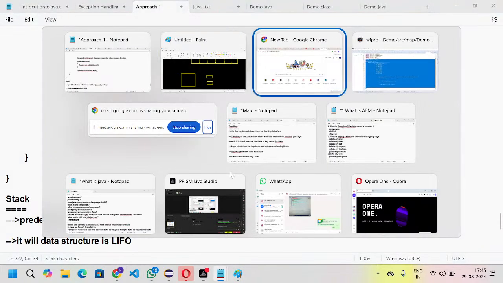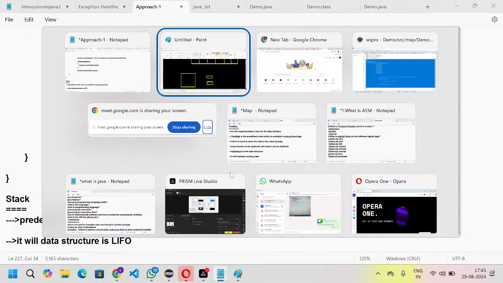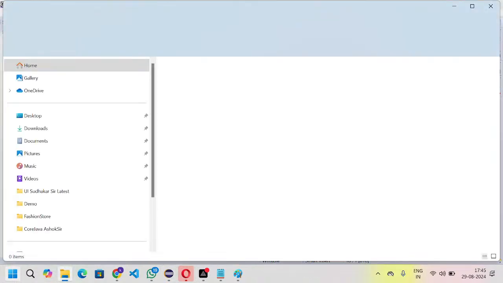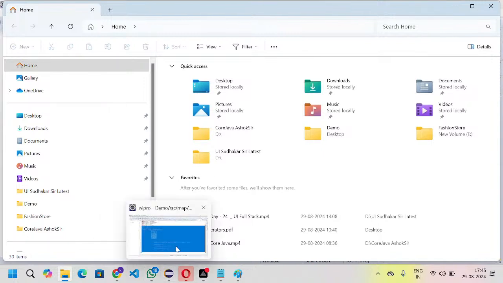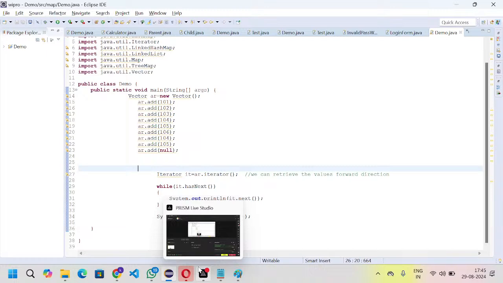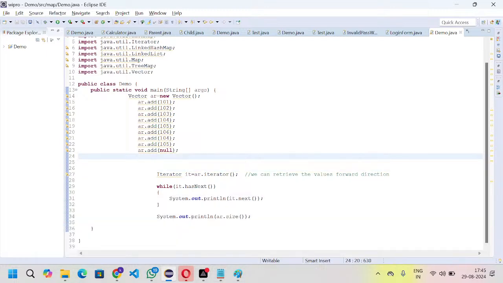Okay, I'm going to the IDE and then I will show you generally how it will be. Now, instead of Vector, we can take Stack as equal to,